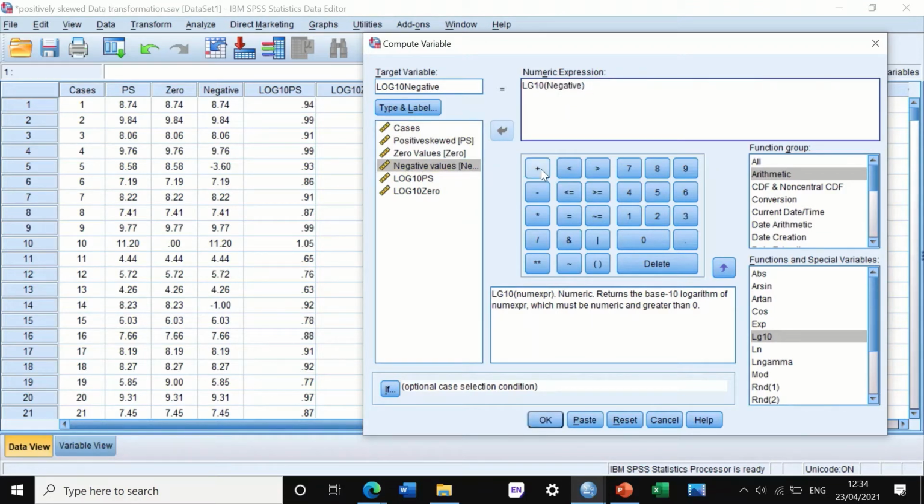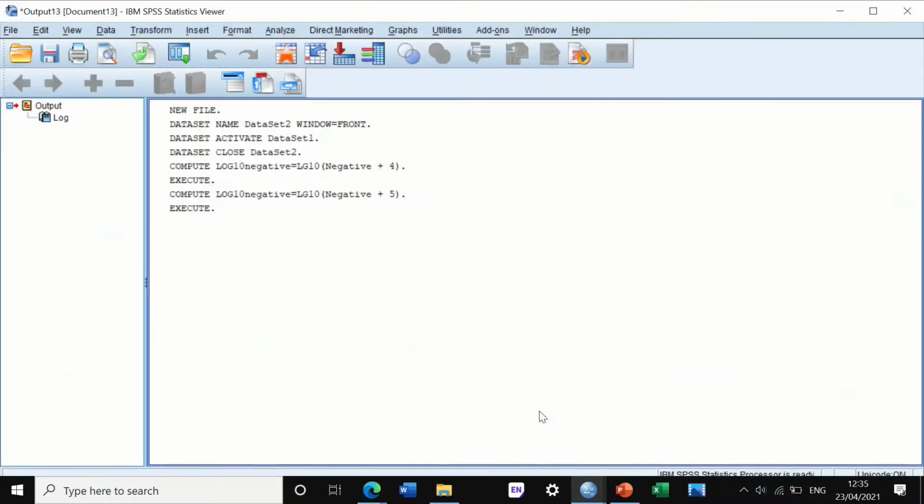Add to this column number 5. So what does this equation say? Do the log10 for the column labeled negative, adding 5 to each cell in it. If you click OK, again,